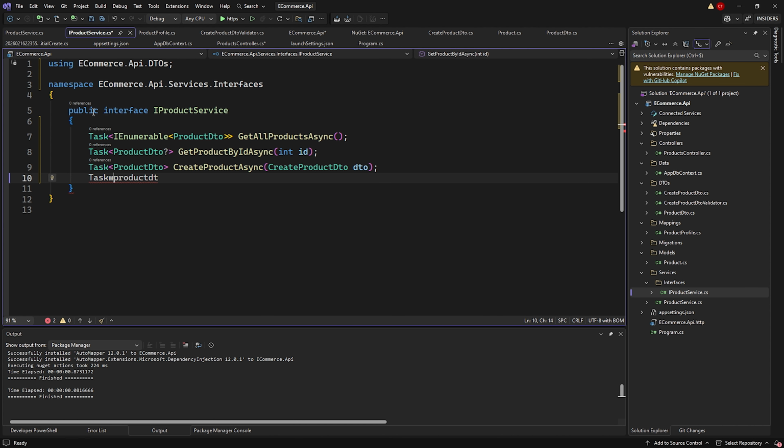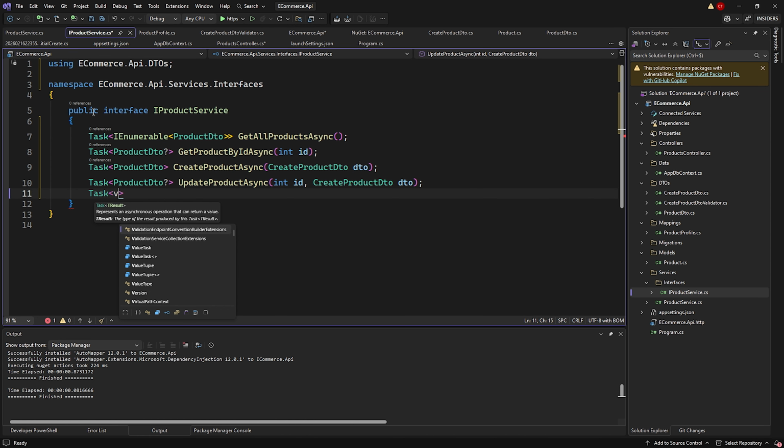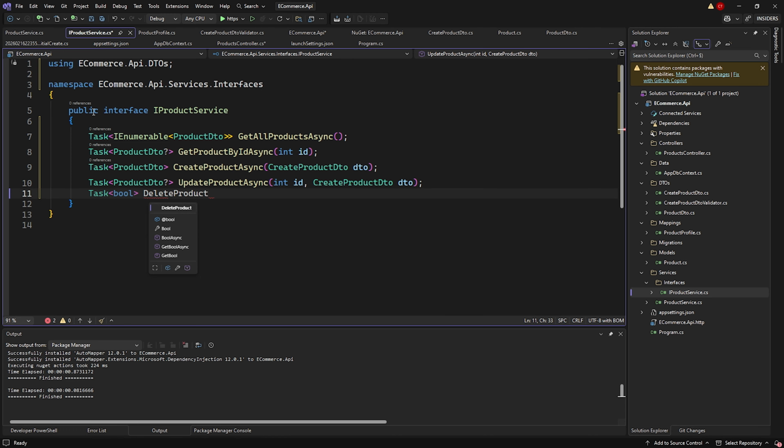Then we define UpdateProductAsync, which also accepts an ID and a DTO. It returns a ProductDto if the product exists, or null if it does not. Finally, DeleteProductAsync returns a boolean. If the product was found and deleted, it returns true. If the product does not exist, it returns false. At this point, this interface defines what the service can do, but not how to do it,